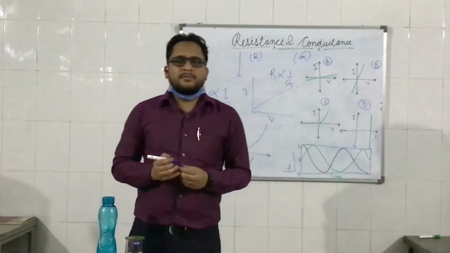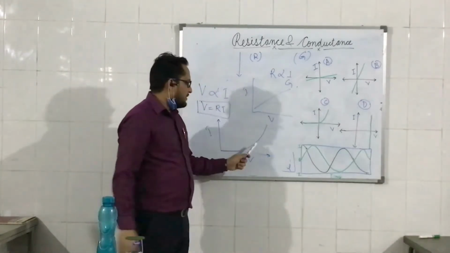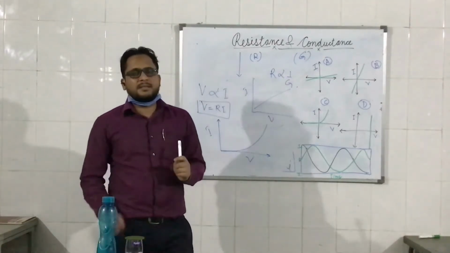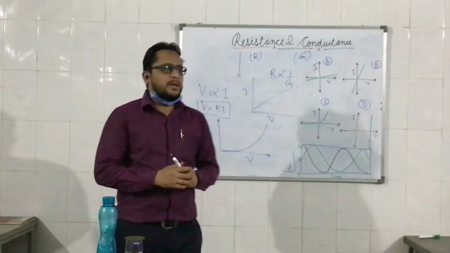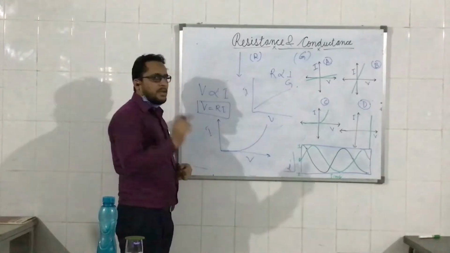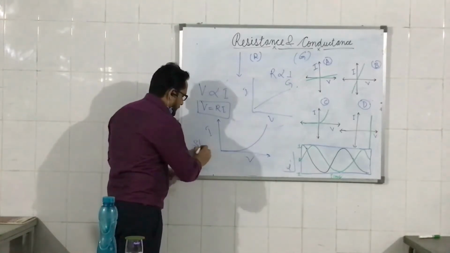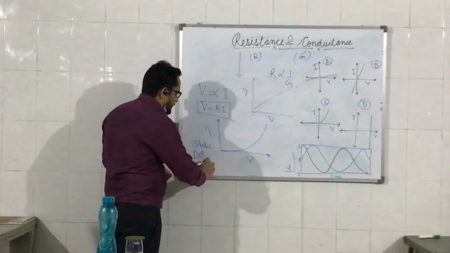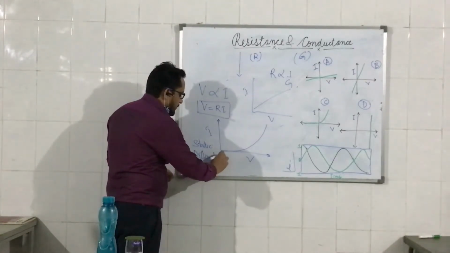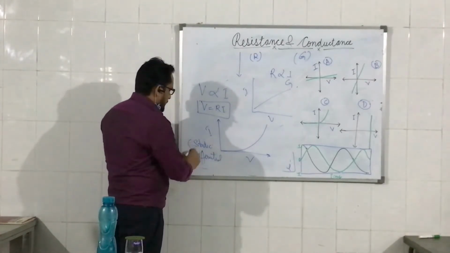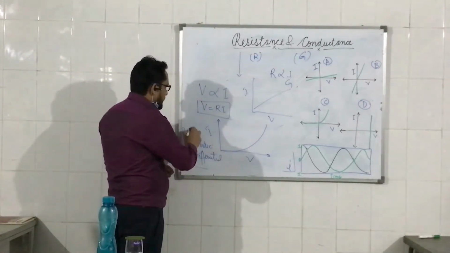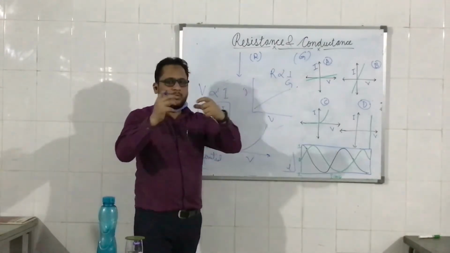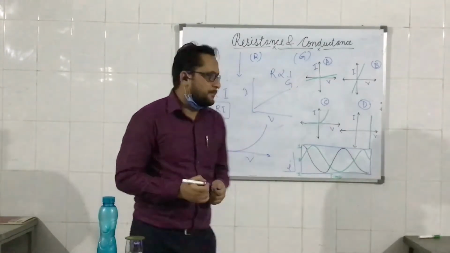since the graph is something like this, we cannot call the slope resistance. Instead of resistance, we here use two different terms. One is known as the static resistance, while the other is known as the differential resistance. Because the circuit is complicated, so is the resistance. It is basically composed of two different types of resistance.